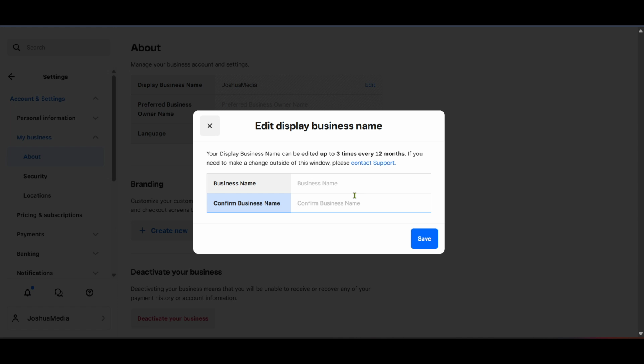Once you have accessed the Display Business Name area, highlight the current name shown there. With it highlighted, you can go ahead and type in the new business name you've chosen. Ensure this is exactly the way you want it to appear to your customers, as this will be the name they see. Finally, save your changes by clicking on the Save button or the equivalent confirmation option in your settings